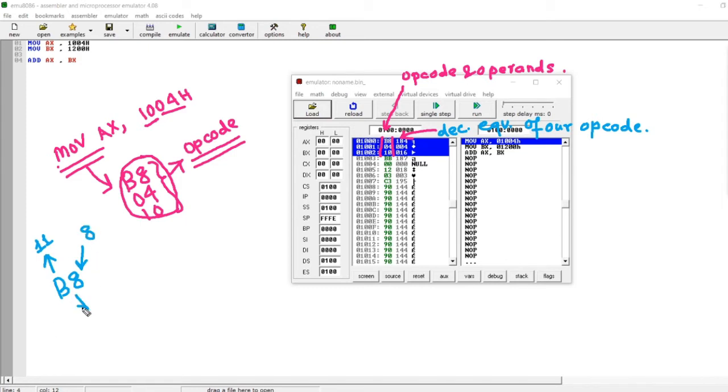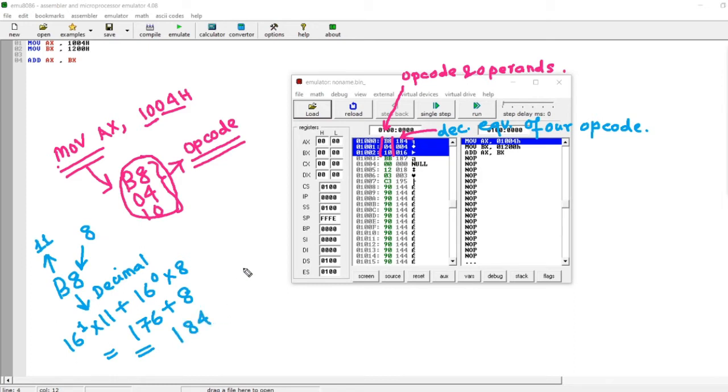So if we change this hexadecimal number into decimal number, we will get 16 to the power 1 into 11 plus 16 to the power 0 into 8. If we calculate this, we get 176 plus 8, which is equal to 184. So we can see this is our decimal equivalent of the opcode.